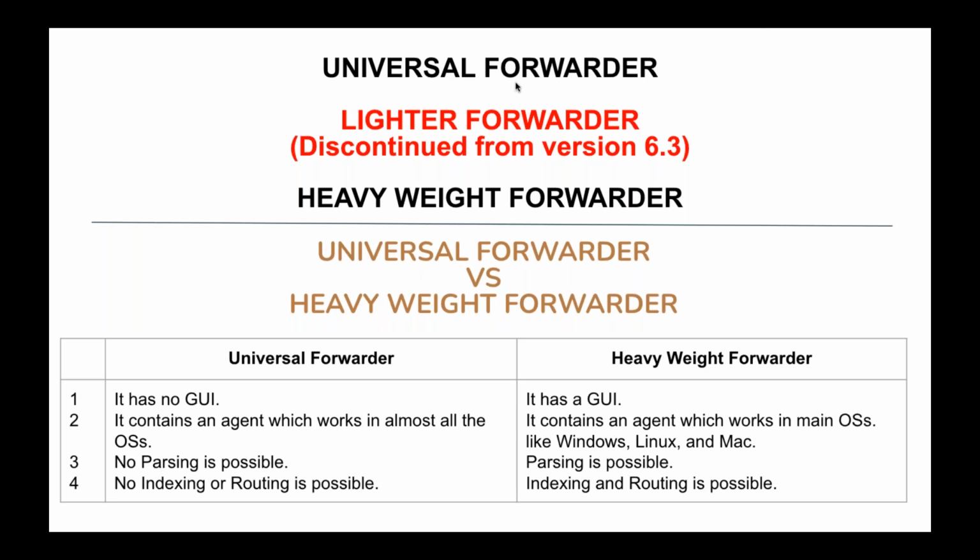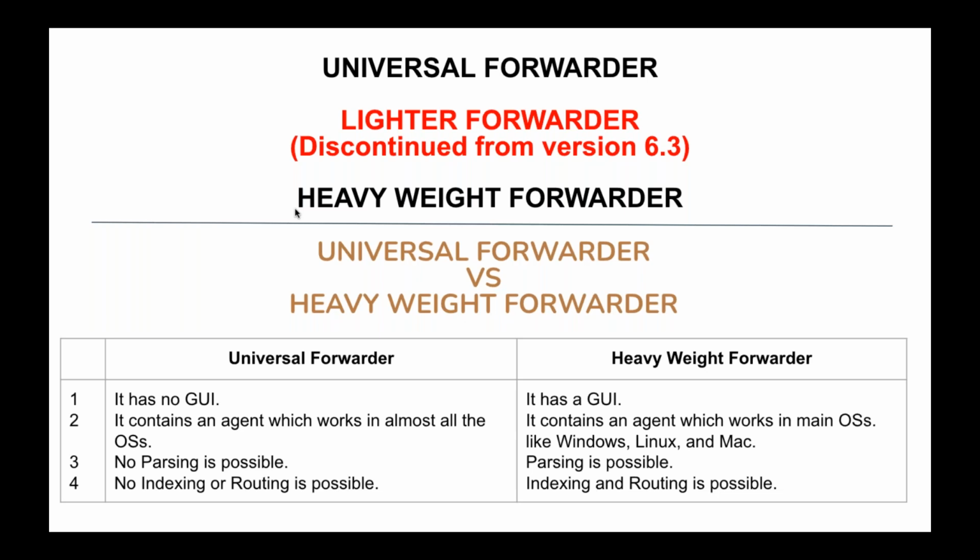So universal forwarder is the thing where it can forward any kind of data. That means any kind of data which is available in any kind of operating system, whether it is Windows, Mac, Linux, Solaris, whatever it may be. In Linux, in several versions, from all versions, it will be transferring the data. Whereas heavyweight forwarder is limited to popular operating systems. That means only Windows, Linux, and Mac. It forwards the data only from these operating systems, whereas universal forwarder forwards the data from any kind of operating system.